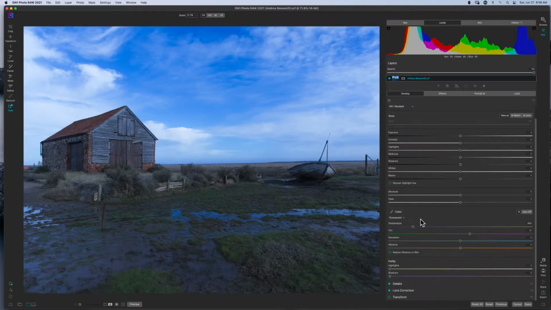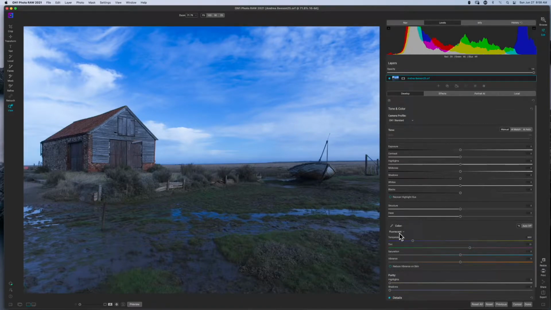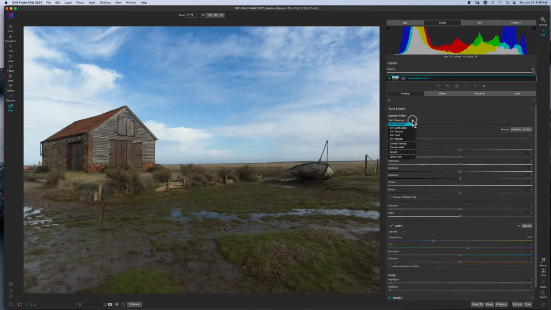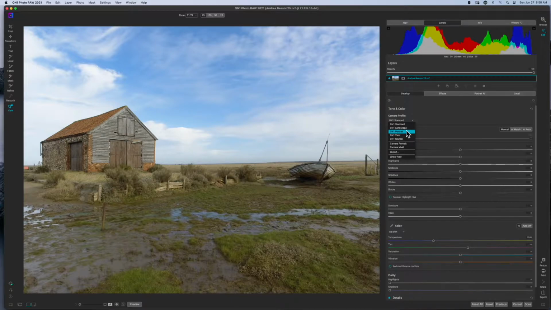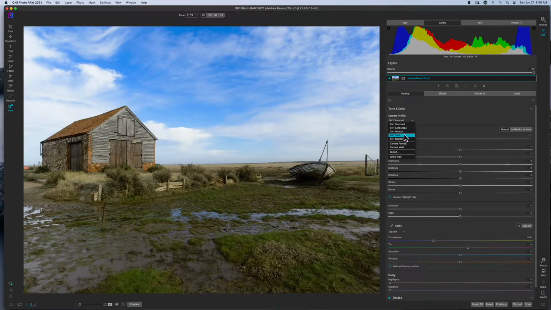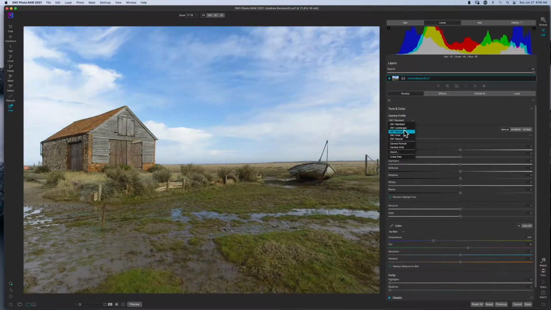Some other things that will adjust your color, so to speak, we'll go back to as shot so you can see what's happening here, is your camera profile. Now, ON1 has some standard profiles, and landscape is going to adjust some of the contrast, but it's going to make that color a little bit more vivid or vibrant. Portrait is going to mute some of your colors and make the overall photo a little bit brighter. ON1 Vivid is going to darken those colors. It's almost like a multiply effect over the entire image, but you can see the difference in the colors, really in the brightness